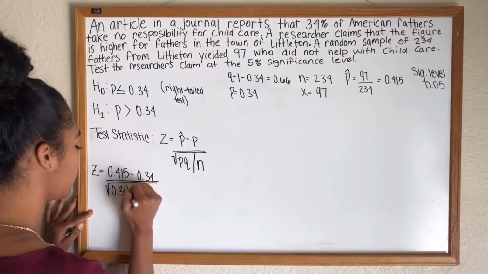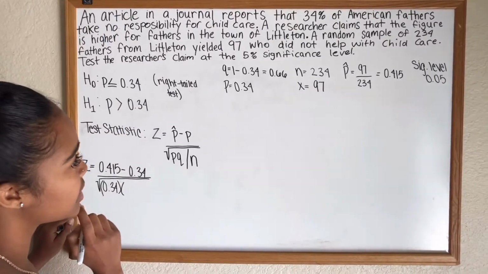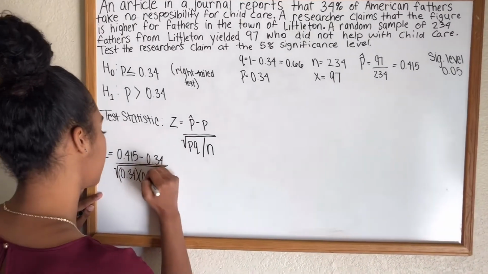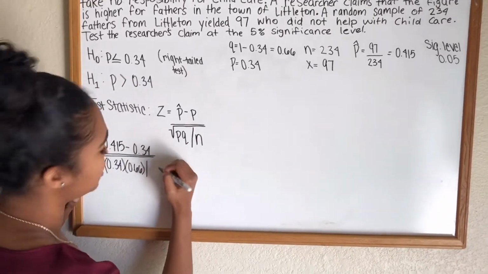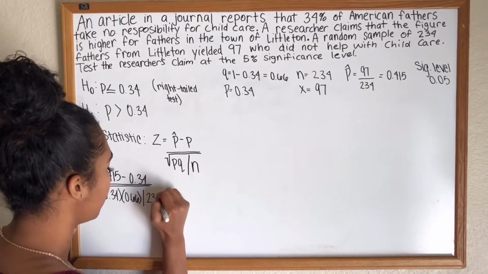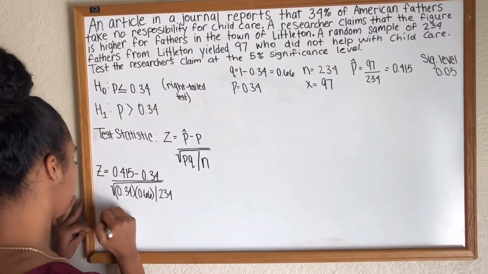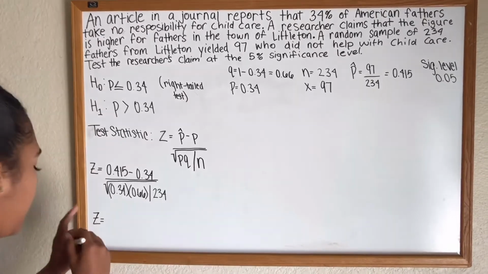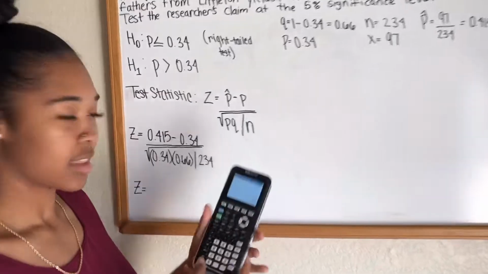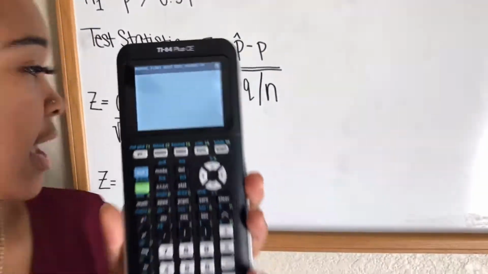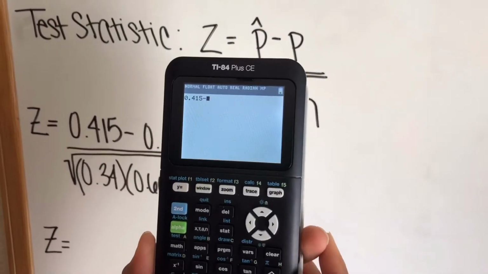0.34 times our Q, which in this case our Q is 0.66. And we divide that by N, which is 234. All of that is square root on the bottom. So then we come to find out that our z-score equals what we enter into our calculator that we can use here. Okay, so first we want to do 0.415 minus